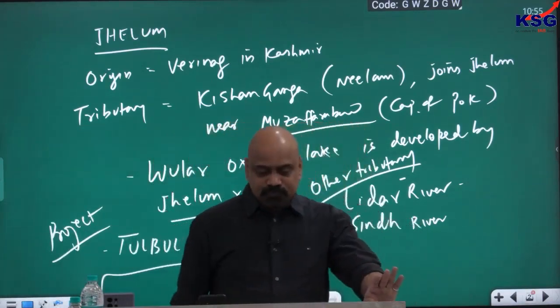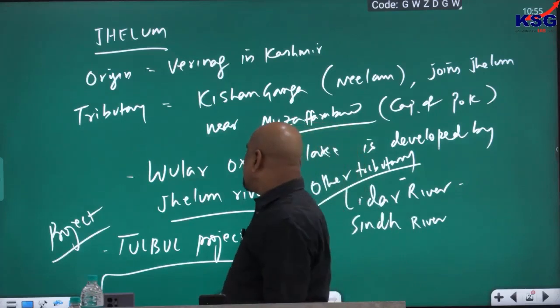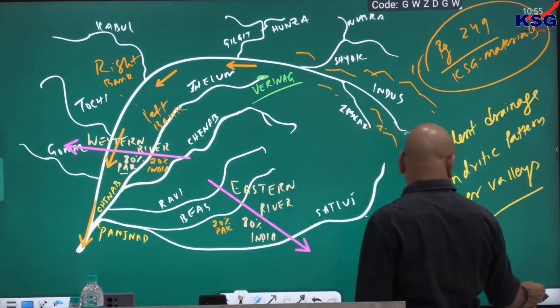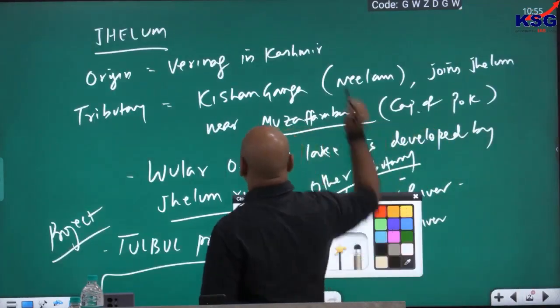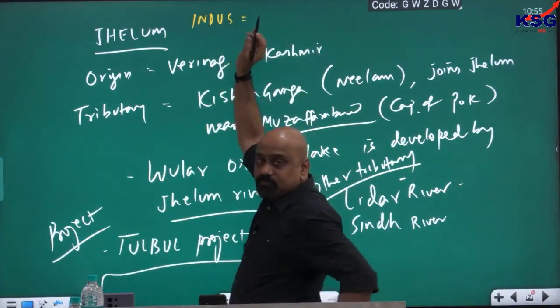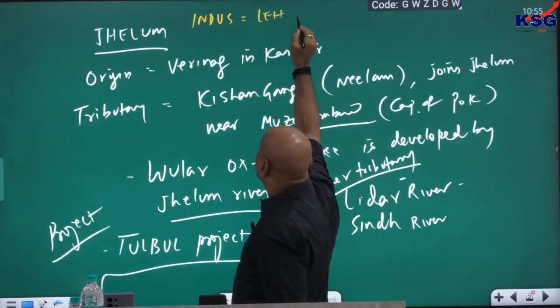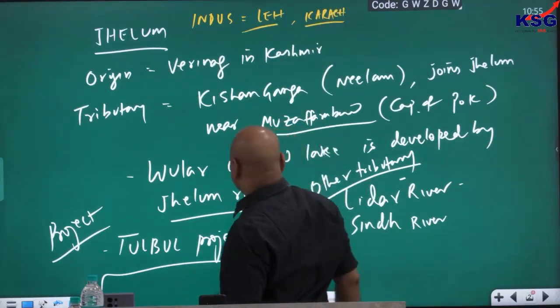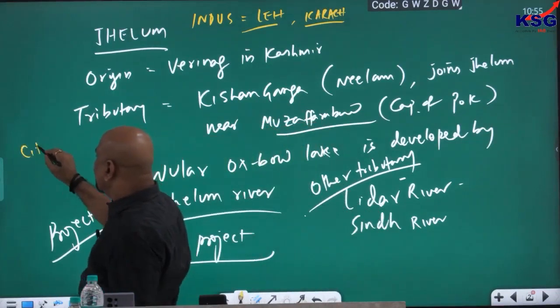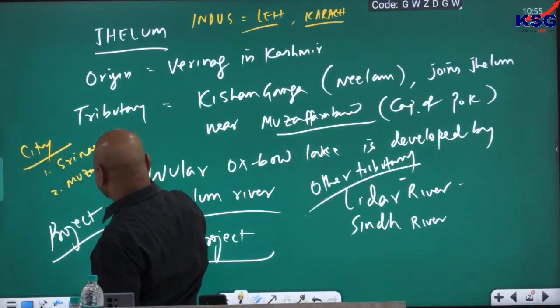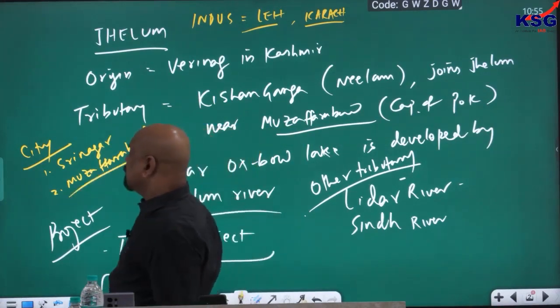झेलम इज क्लियर, झेलम रिवर। श्रीनगर से इंडस के किनारे कौन कौन सा शहर है, डू यू नो? ऑन द इंडस बैंक, इंडस में बैंक में कौन सा है, लेह है, एंड कराची एट द माउथ। झेलम की में सिटी कौन कौन सा है, झेलम में पहला है श्रीनगर, दूसरा है मुजफ्फराबाद, मुजफ्फराबाद एंड श्रीनगर।